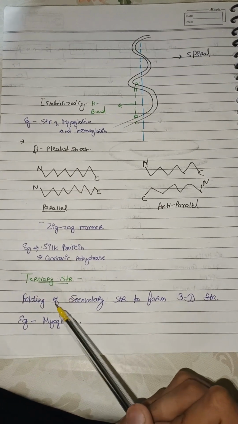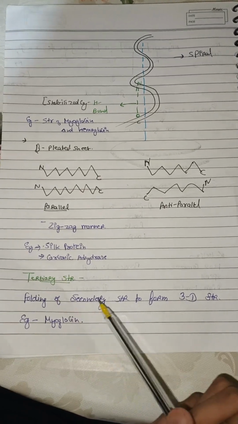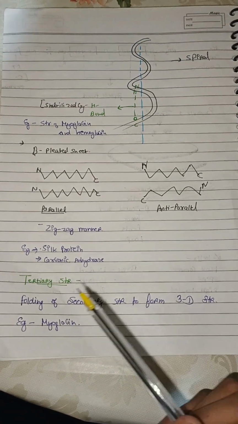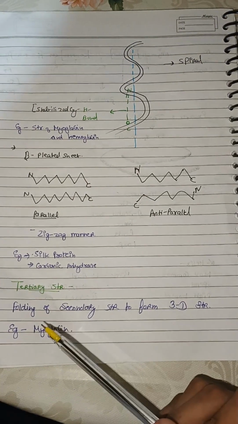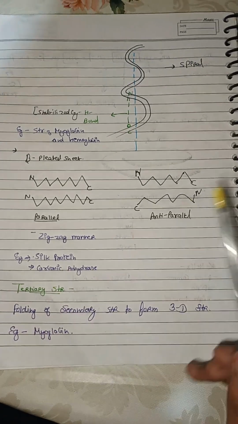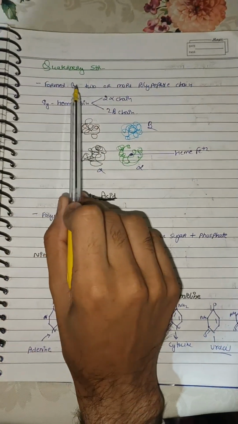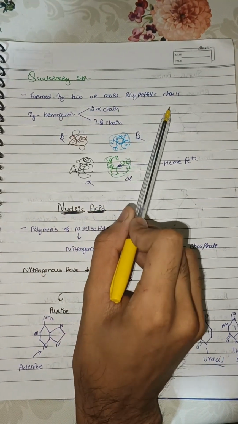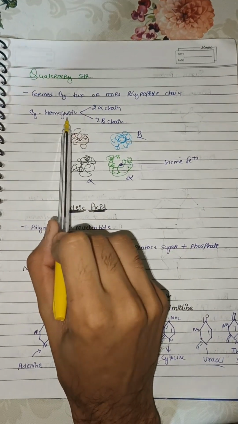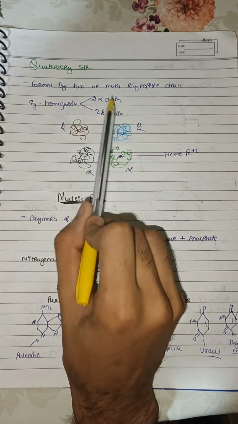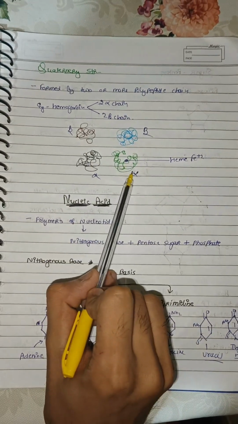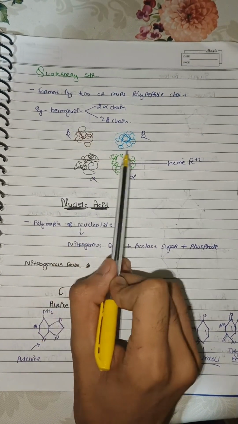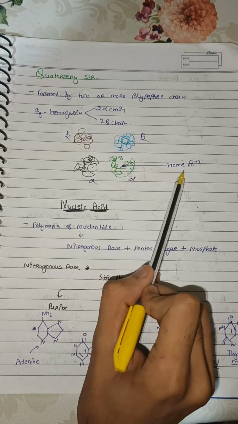Third is the tertiary structure. In tertiary structure, we can see the folding of secondary structure to form the three domain. The tertiary structure is in myoglobin, and myoglobin is present in skeletal muscles. The fourth and last of protein is quaternary structure, which is formed by two or more polypeptide chains. The famous example is hemoglobin. Hemoglobin has two alpha chains and two beta chains. We can see the two alpha chains and two beta chains, and in those chains there is a ferrous group